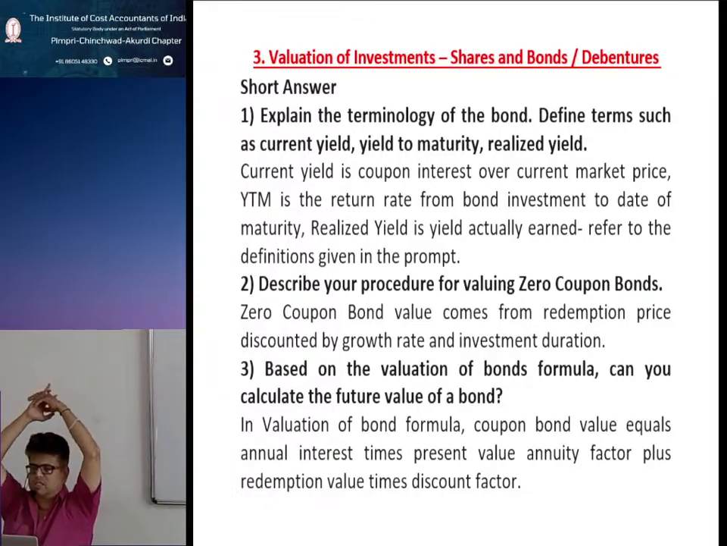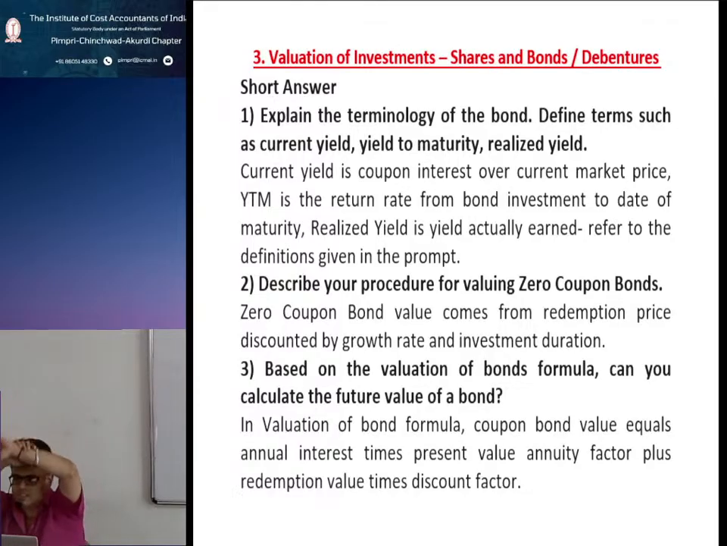In the short question and answer, one is about explaining the terminology of the bond: define terms such as current yield, yield to maturity, and realized yield. Now this is what is required to be explained to answer such a short question. Current yield is coupon interest over current market price. YTM, that is yield to maturity, is the return rate from bond investment to date of maturity. Realized yield is yield actually earned, and refer to the definitions given in the,